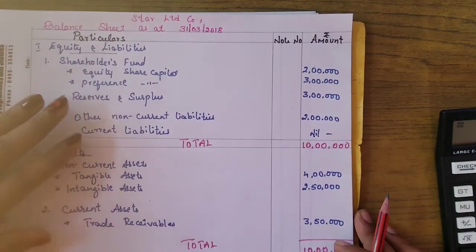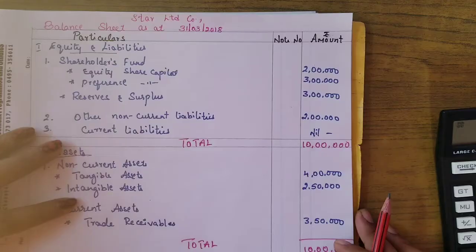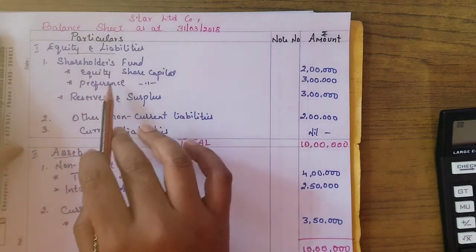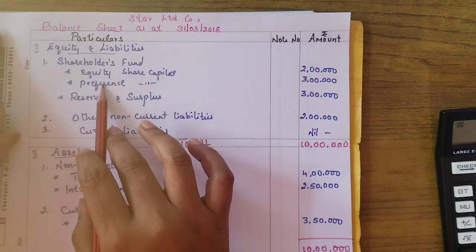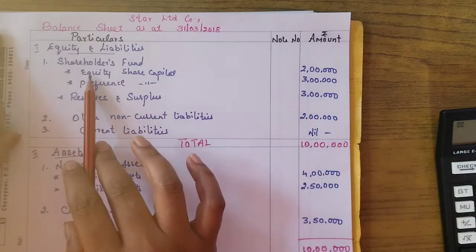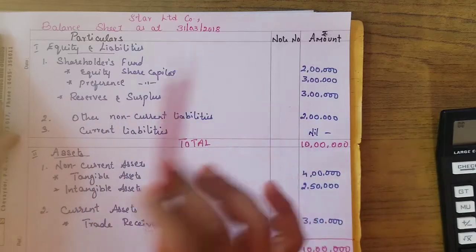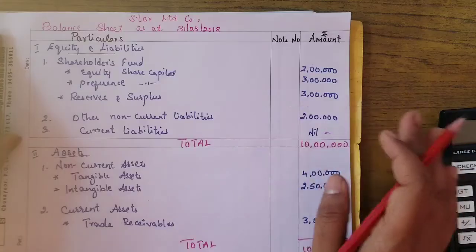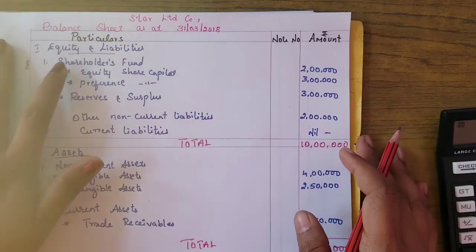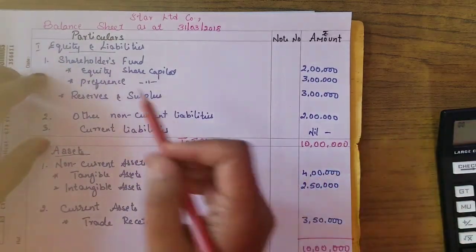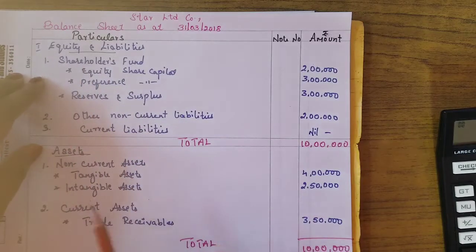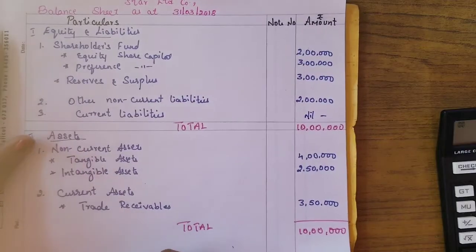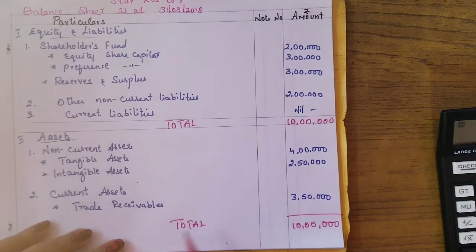It's very important for you to understand. Without these headings you cannot simply write directly the item. You can't write equity shares, preference share, non-current liability, reserves and surplus like that. You have to write them below, under the headings. So mainly you have to learn the headings here, and you will get marks based on how you divide these items. That is very important in this case.